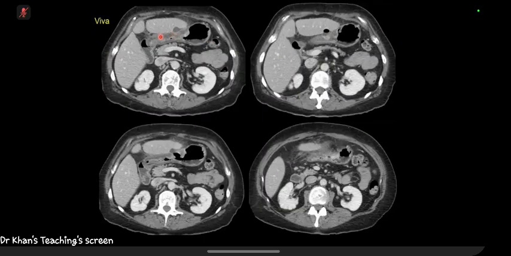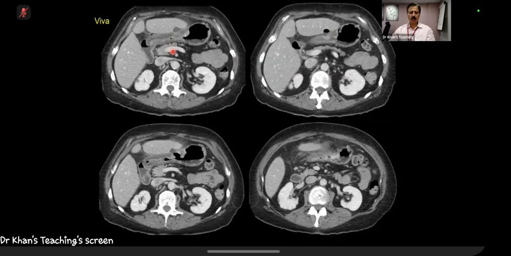Fine. But let us take help of this attenuation of the thickening to further narrow the differential. And otherwise, your findings are absolutely fine. There is fat stranding, there is a locule. So,